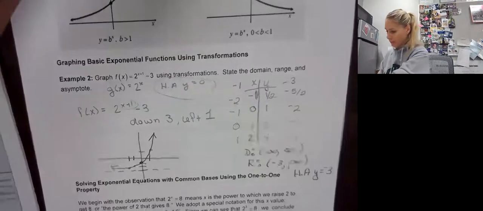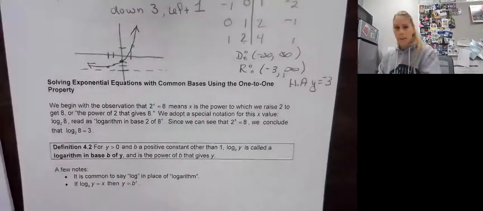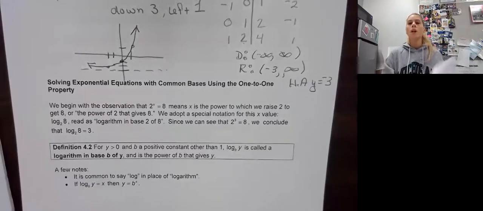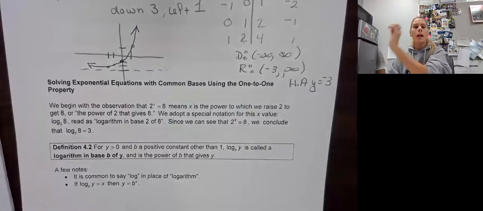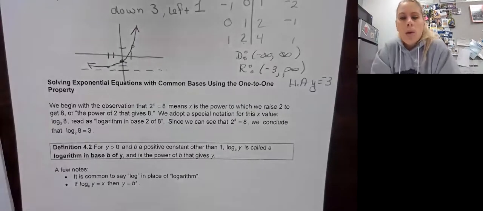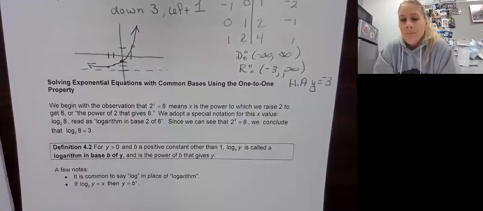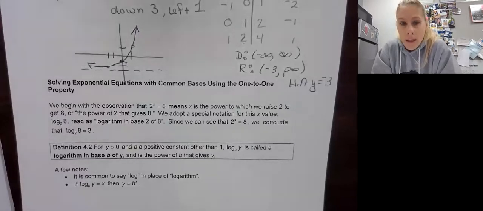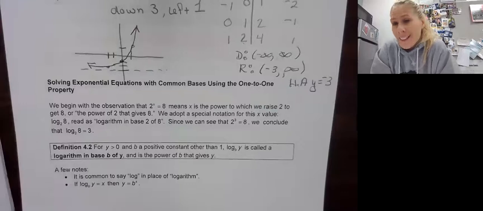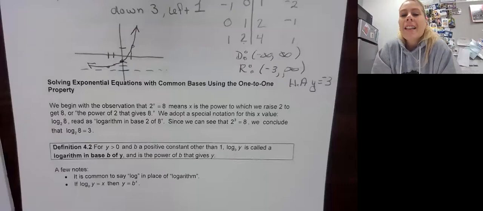All right, cool. Let's go on to solving exponential equations with common bases using a one-to-one property. We begin with the observation that 2 to the x equals 8 means x is the power to which we raise 2 to get to 8. We adopt a special notation for this x value. It's called the logarithm. So log base 2 of 8 reads as, of course, what I just said, logarithm in base 2 of 8. Since we can see that 2 to the third is 8, we can conclude that log base 2 of 8